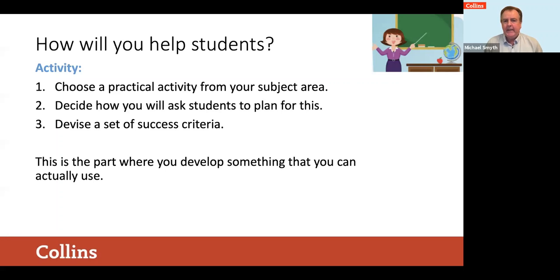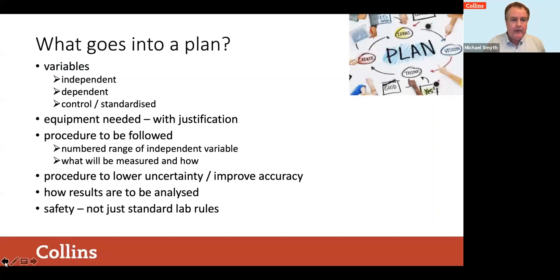You can think of it as like a checklist that you share with students, that's most important. You give it to them and you say, look, if you've checked off that you've done all these things, then you've got a pretty good plan. And that previous slide could actually form the basis of your success criteria. Success criteria are different from a mark scheme. It's like a checklist of what should be included. Have they done all those things?